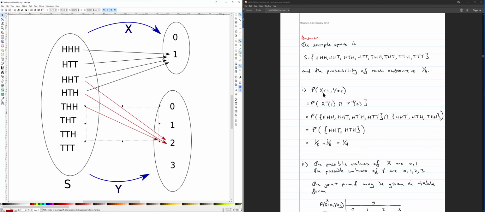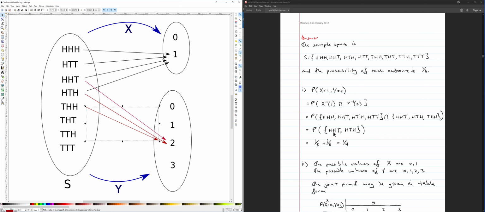And in order to satisfy both x is equal to 1 and y is equal to 2, you take the intersection of the 2 events, right? This is when x is equal to 1, this is when y is equal to 2, and what you want is outcomes that satisfy both of those. So you need to take the intersection of the event that corresponds to x is equal to 1 and the event that corresponds to y is equal to 2. Here, the intersection of the events would satisfy both x is equal to 1 and y is equal to 2, right? So notice both of these over here,